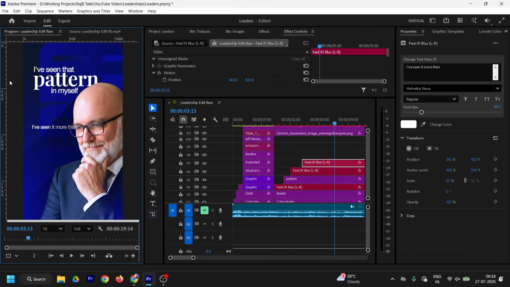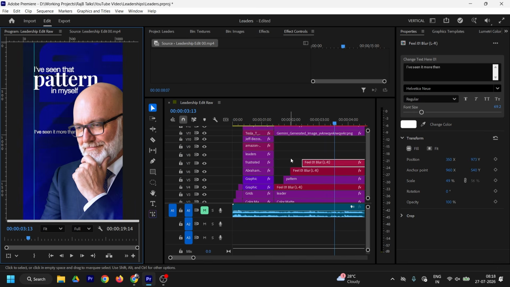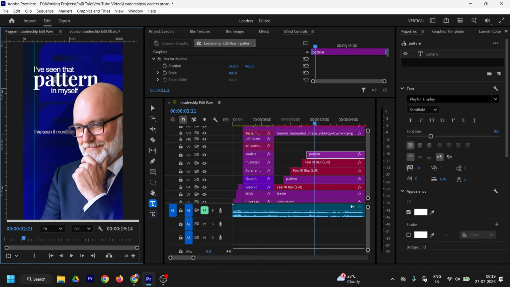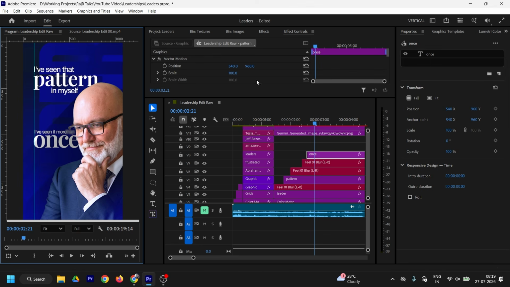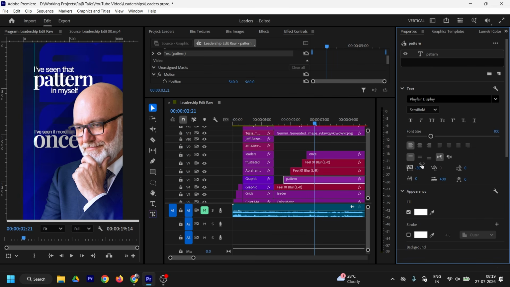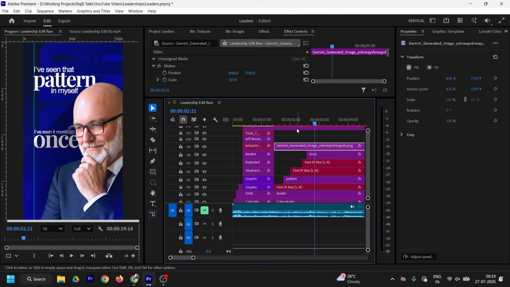Let's add a ruler here, because I want this capping the same for this sentence as well. So let's do like this, more than once. Okay, let's take this pattern here, and also for pattern as well, just make it, okay, pattern. The tracking must be 50. More than once than others. Okay, so then others must be